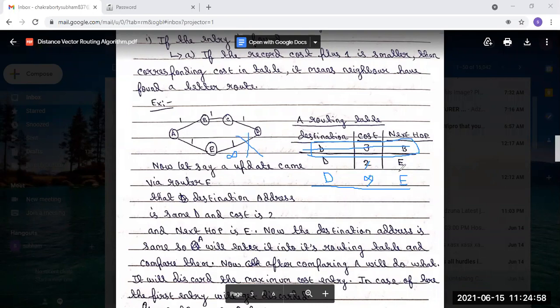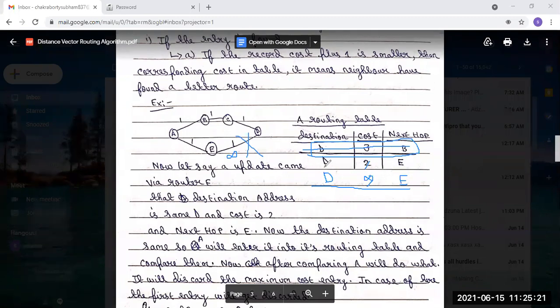So that means some changes have occurred in some part of the network. That's why this update has come. In this case, we give preference to the new entry, because it indicates that a change has occurred in the network.